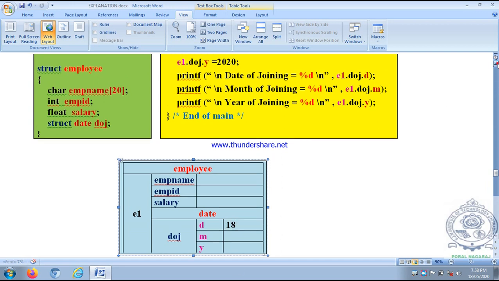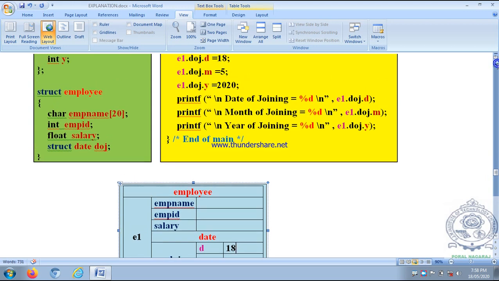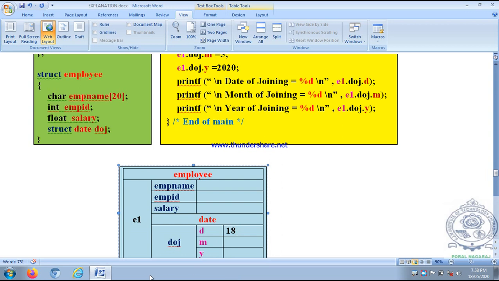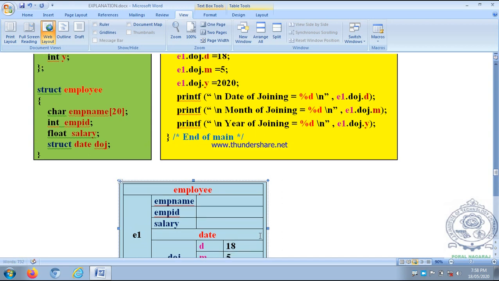Then e1.doj.m is assigned a value 5, right?